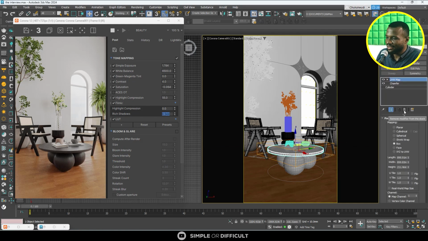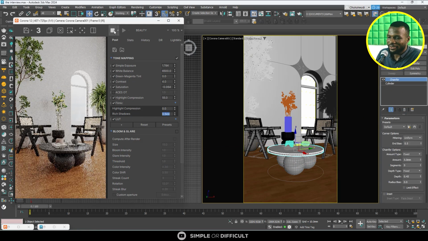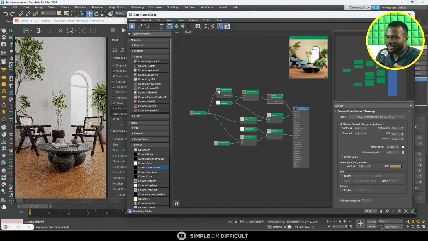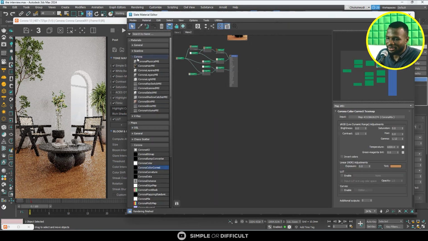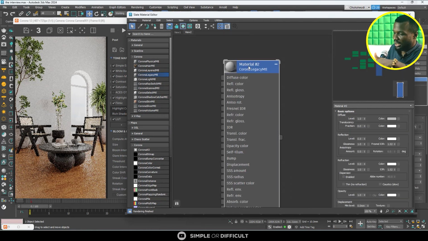I will select this and delete it. It's part of the materials though, but yeah, I'll delete it. So we can just apply material on it. I'll get a default material, default Corona legacy material. You know, if you create your own, you will need this. So that's why I'm doing this for you, because I know you created it yourself. But if you did not, you can skip this video to where I'm doing something that,